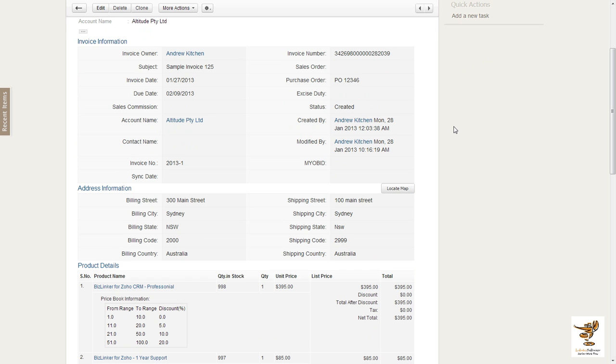Now, I just want to point out a couple of fields here. We have three custom fields that we use. We set this up as part of the BizLinker setup. MYOB ID field. After an invoice is transferred to MYOB, the identifier from MYOB is written back into here, and also the date of synchronization. So we can know when looking at this invoice later in Zoho where that is in MYOB and when it